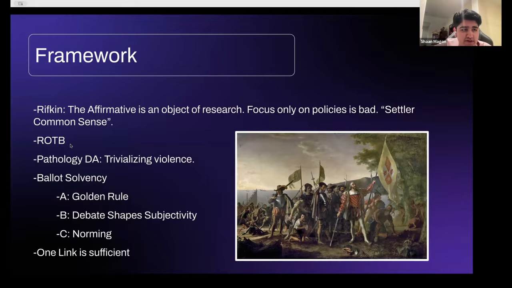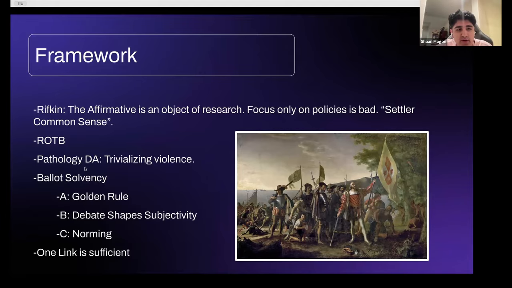As you know, we specifically have read that your role as a judge is to do this, and anything else, they do not get to play offense under. Again, it's a silly argument. I'll explain why it's silly later. But a lot of PF judges like these types of arguments. So I generally think that you should read some sort of rule of the ballot.